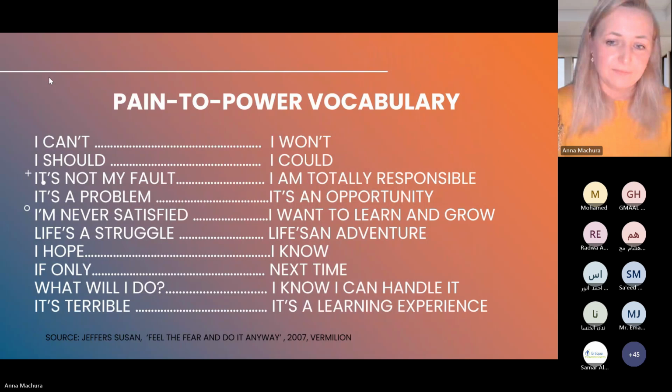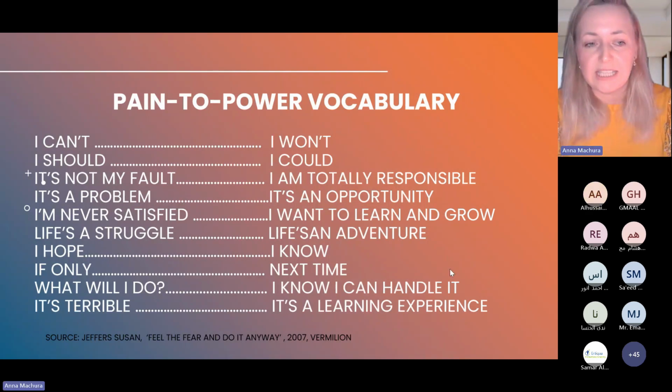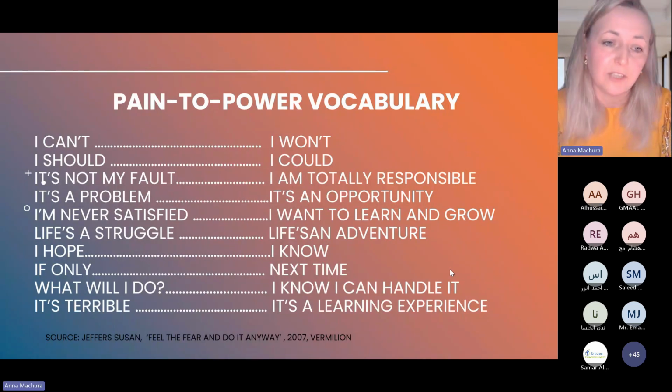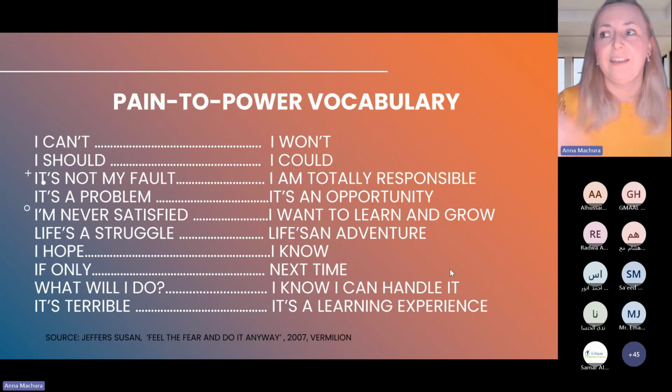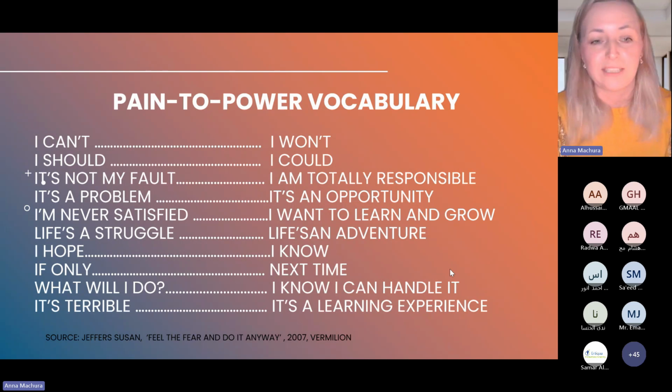Please have a look. Please avoid the language on the left. I cannot, very negative. I should. There's already some guilt if you're saying that I should be doing this and I'm not doing it, I'm useless. And then I'm useless is a label, and labels are cognitive distortions, and then you're passive, you're not doing anything, so inactive. It's very dangerous, but it's powerful to realize that.